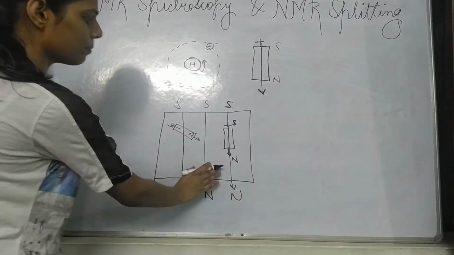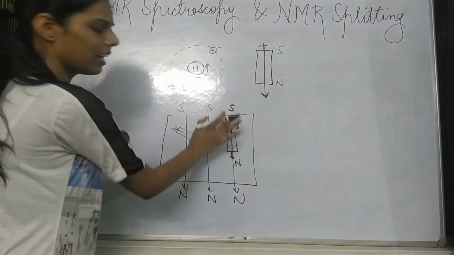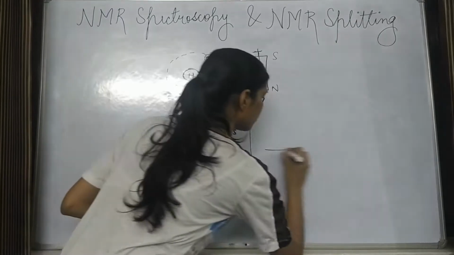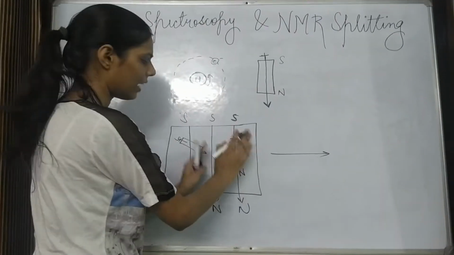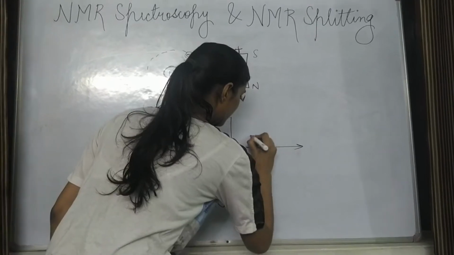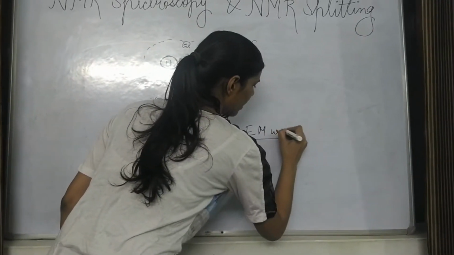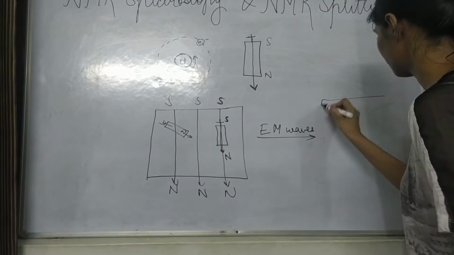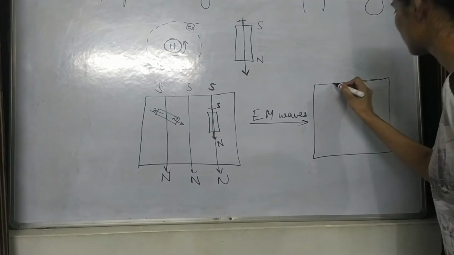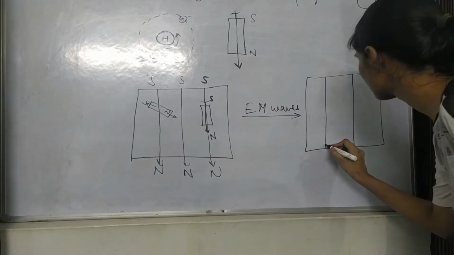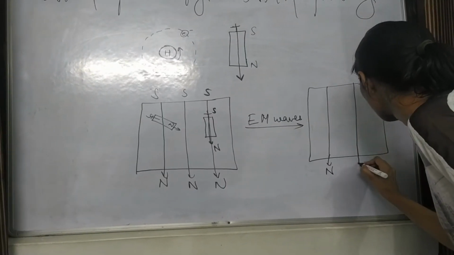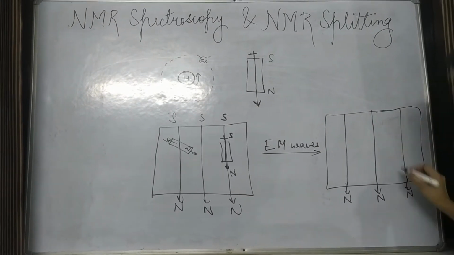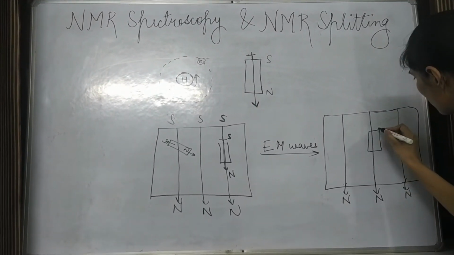So when all the atoms which we put in the NMR machine are aligned like this, then we'll use the energy of the electromagnetic waves. When the atoms align like this, then we'll provide EM waves, energy of the EM waves, to spin it into the opposite direction. So your magnetic field is like this, and we have the atom aligned like this towards the north, south.